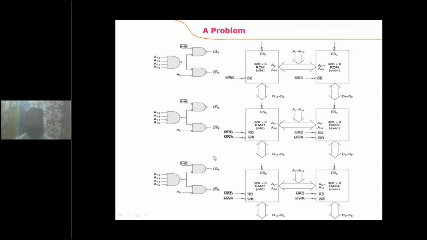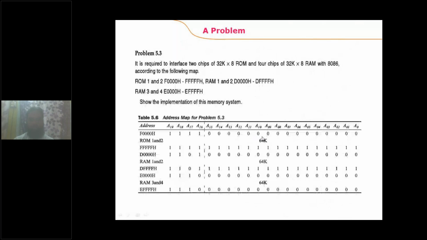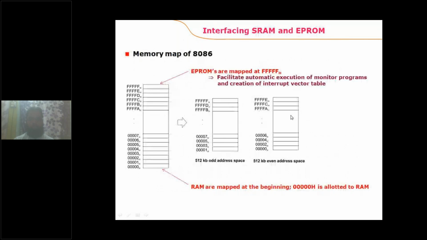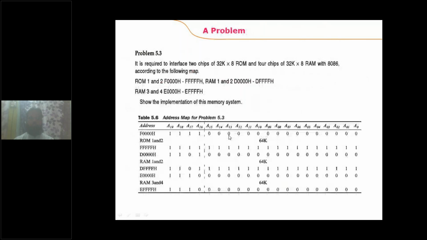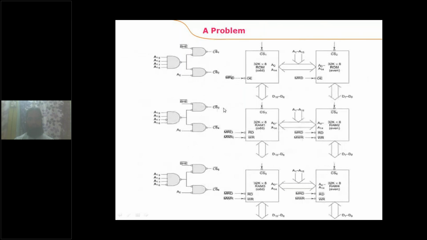Similarly, this NAND gate, and why this bubble is being taken for the first set of RAM. For the first set of RAM pair, you can observe A17 is 0. And for ROM devices, all the remaining address lines are ones. So our intention is, from the NAND gate we need to generate 0. At what condition does the NAND gate generate 0? If all the inputs are ones.